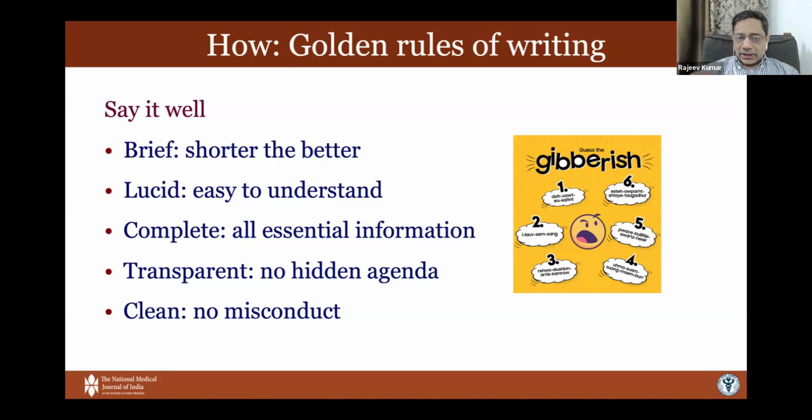That's misconduct. Don't submit articles to multiple journals. That's again wrong. It's a basic rule of article writing that you're supposed to submit an article to only one journal at a time. Don't give false data. That's very easy to understand. If you've seen 10 patients, report on 10 patients. If you've got missing data on, let's say, 5 patients, say that you've got missing data on 5 patients. Don't try to fill in the gaps. Don't try to create information that doesn't exist. So these are basic rules which you must follow if you wish to write. And this applies both to abstracts and, of course, to the full paper.